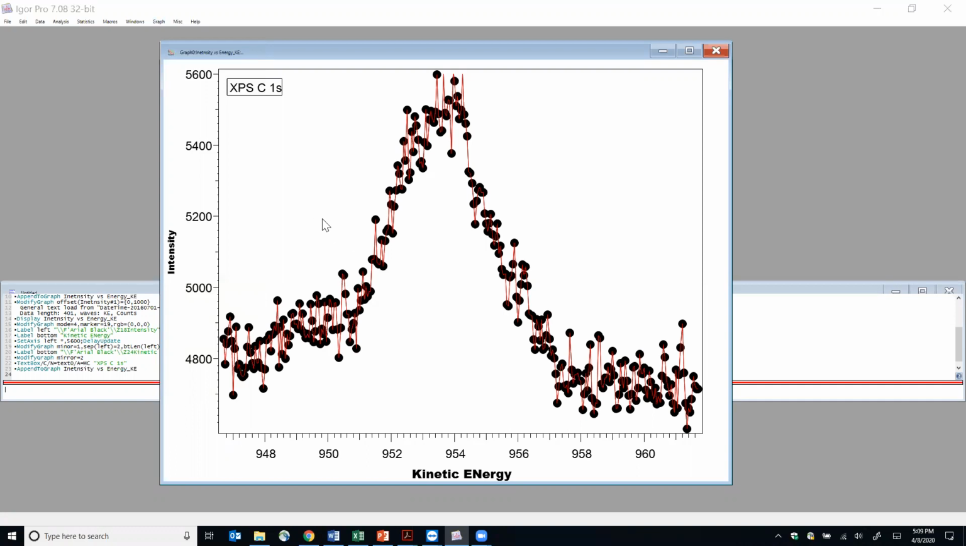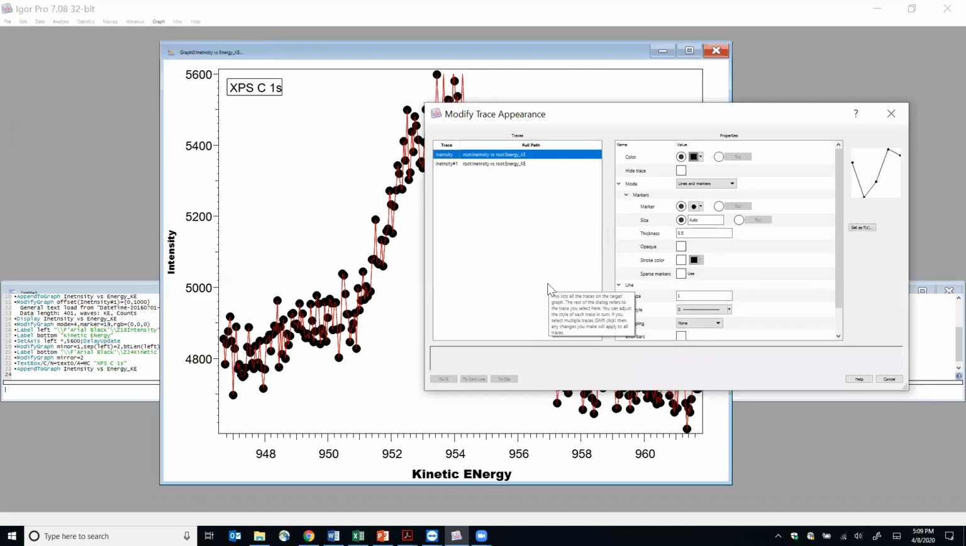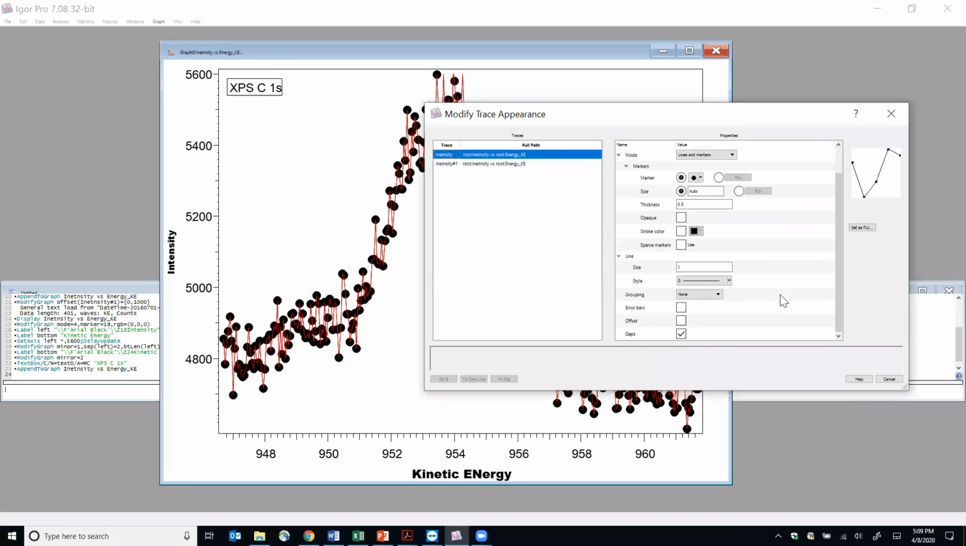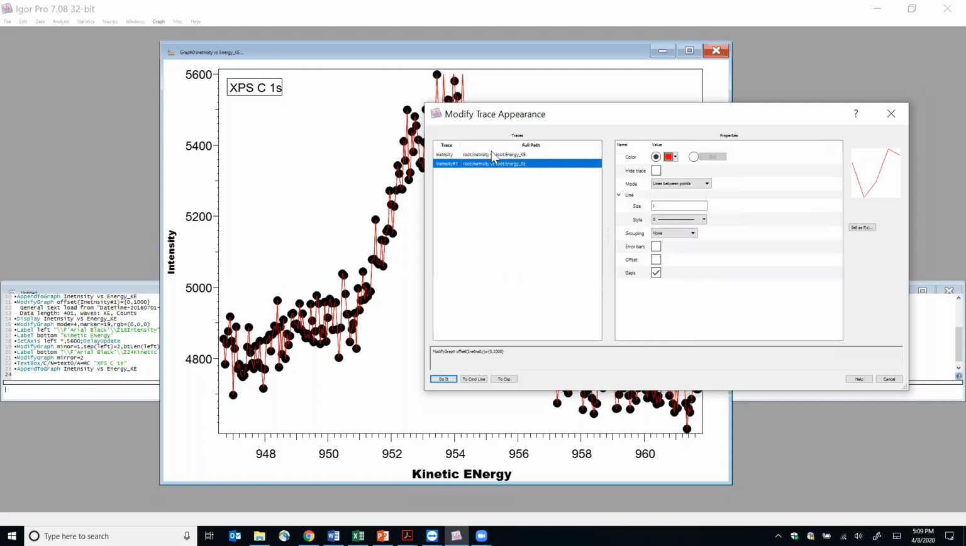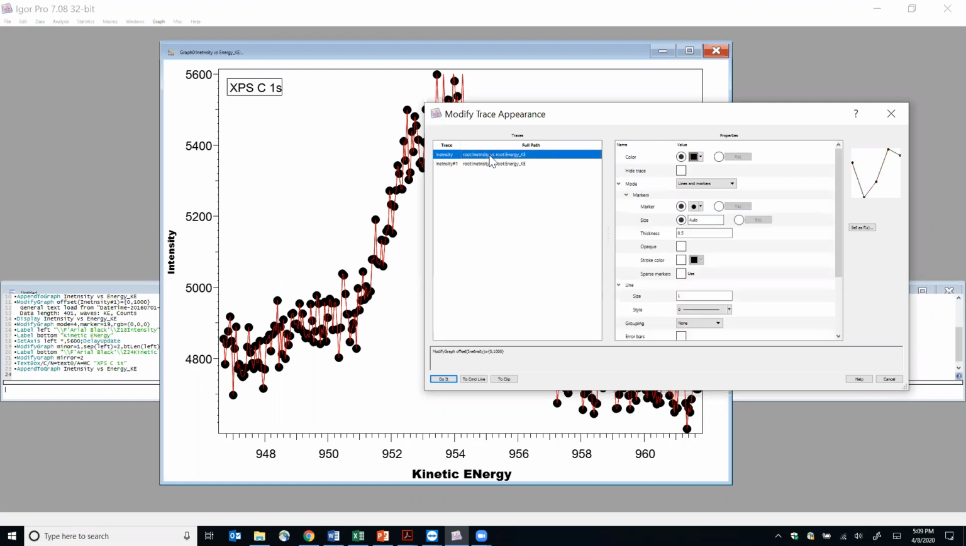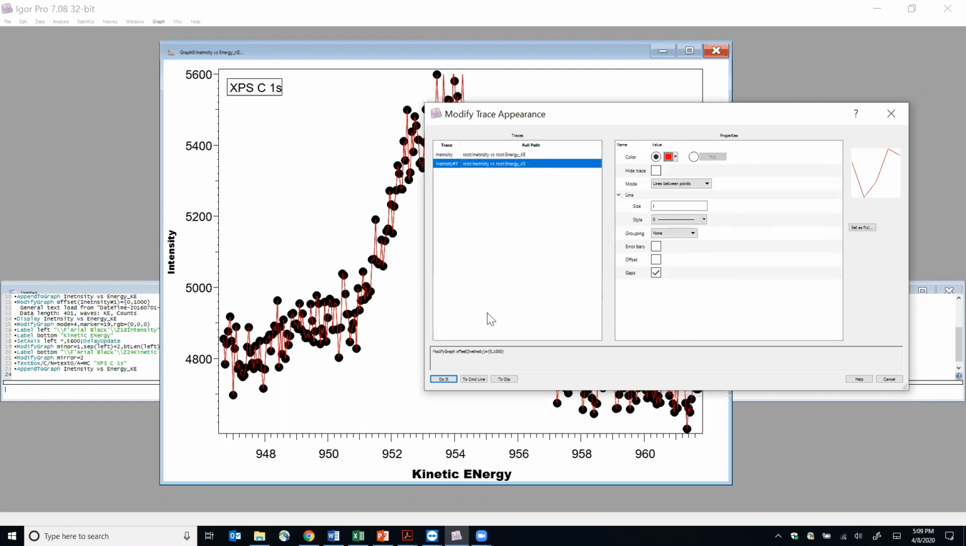To do some kind of shift, they call it offset. I want to offset in the y-axis. I can do offset, for example, by 500 counts here or 1,000 counts. And here you can choose which one you are shifting, this one or the red one here. For example, I can do